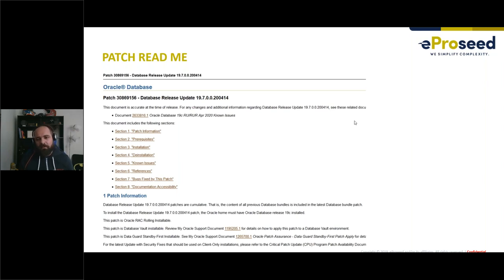So the golden rule here: when you are going to apply a patch, download the patch first in advance and read carefully all README files, because I saw on 18C there are multiple README files in some patches. So check if you have one or many, and then read them carefully, because one patch can have different requirements